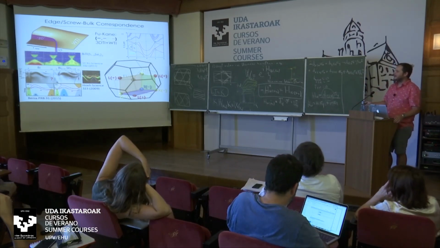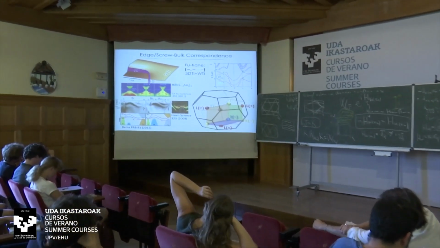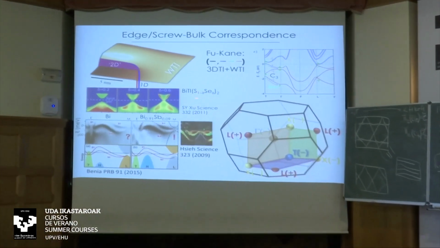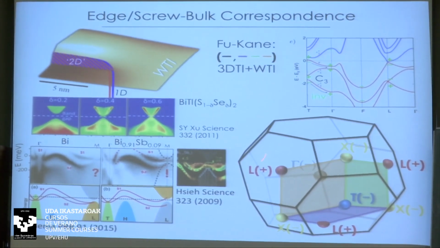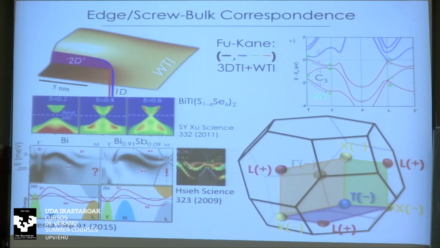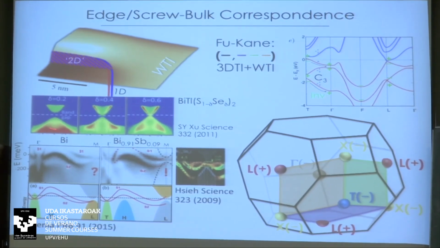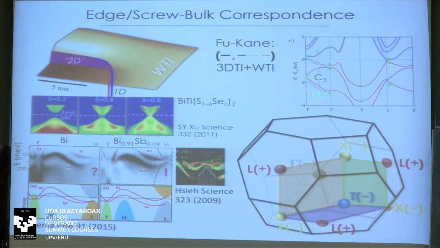And here I'm showing an interesting study done on bismuth selenide or some variant of it, doped with sulfur. Bismuth sulfide is not a 3D TI, bismuth selenide is a 3D TI, and the transition happens around a doping concentration of 0.5. So at 0.6 doping, these are the fully formed Dirac surface states. With very low doping, we see insulating behavior, but as you approach the topological phase transition, the closing and reopening of the gap,